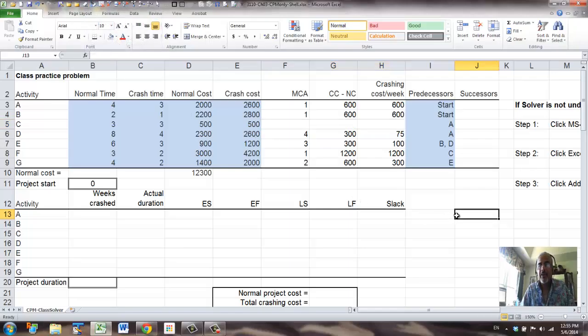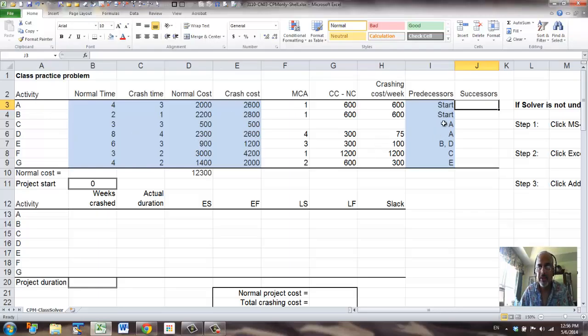Next is successors. We need successors when we set up this part of the Excel model. So remember from the first video, successors for an activity are the activities for which the given activity is a predecessor.